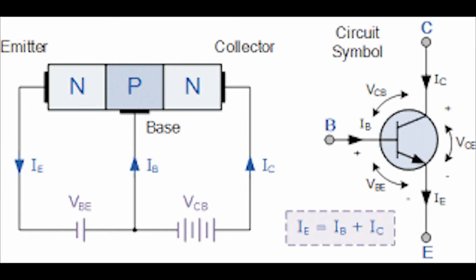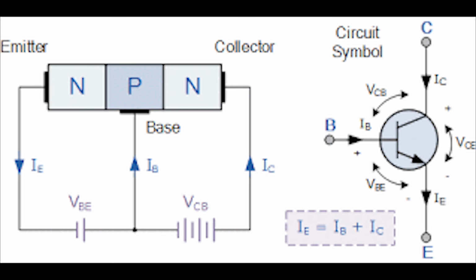Operations NPN. Forward active mode. The base emitter, symbol BE, junction is forward biased and the base collector, CB, junction is reverse biased. Since the BE junction is forward biased,